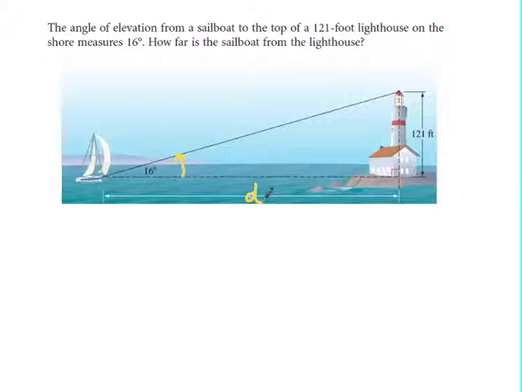So now we're going to label our sides just as we've done before. Here is our reference angle. What side is 121 in reference to 16? Opposite. What side is D? Adjacent. So now I need to think, what trig function ties in opposite and adjacent? Tangent. So I know that the tangent of 16 degrees equals